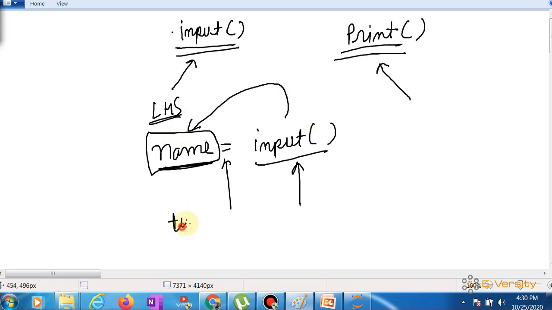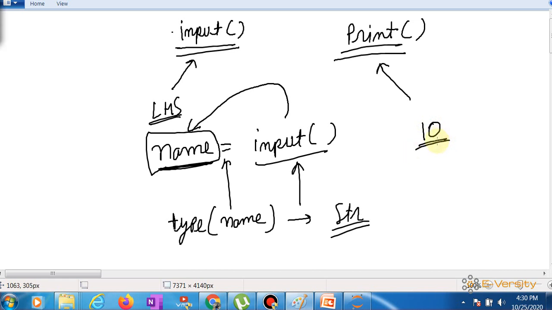What type is name? If I check the type of name, it is always str. So if I take a value through input and the user enters 10, it is an integer-type value, but when I check the type of name, it is str. It comes inside single quotes, so you cannot perform mathematical operations on the string format. What you have to do is convert this string into an integer. I will tell you how we can convert it.